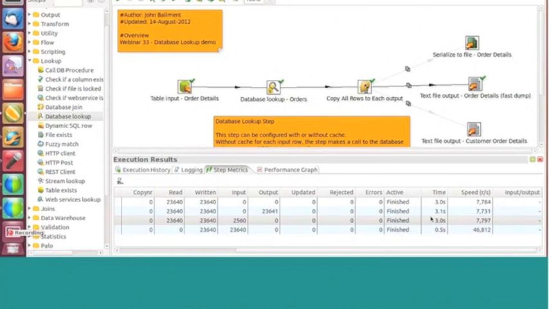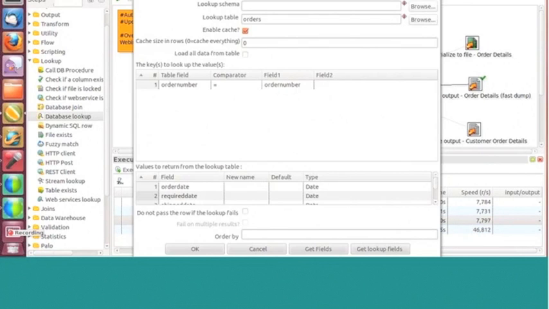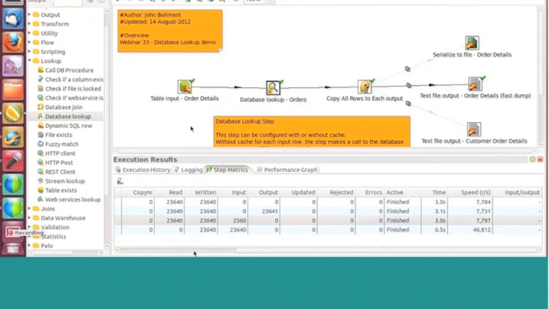Now I think I can actually make this run just a little bit faster if I come in here and say load all data from the table. So this actually pre-populates the cache with all the data from the rows. Now for such a small data set, that's quite good. It will give us really good improvement in performance, but you have to be very careful on the amount of data that's coming in, because it's going to quickly use up your Java stack space and could cause your ETL